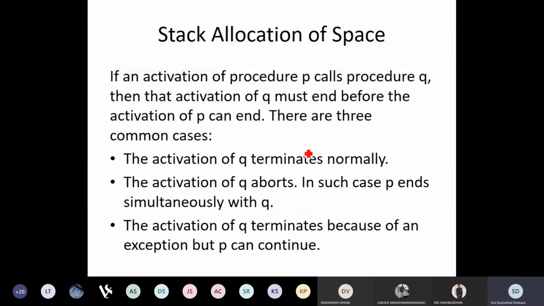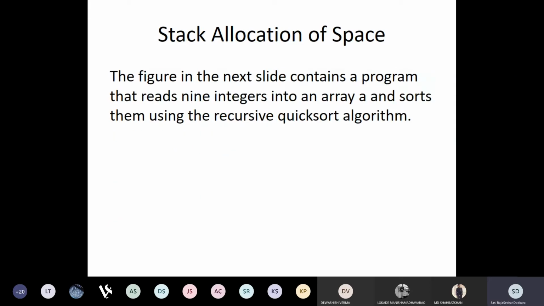Possibility number two: activation of Q aborts, and because P cannot handle the situation, P also aborts simultaneously. And number three: activation of Q terminates because of an exception, but P can continue because it is able to handle the situation. These are the three possible cases as far as stack allocation of space is concerned.